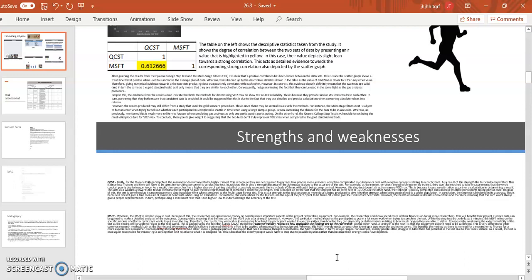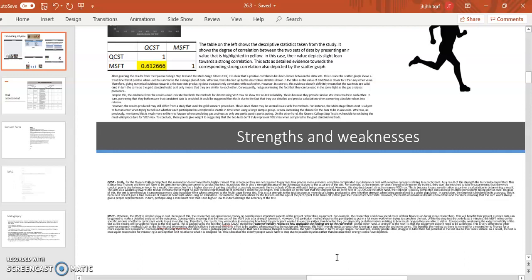However, this particular method requires the participant to put in a lot more work when trying to complete the test. Unlike the step test, which only lasts 5 minutes, the multi-stage fitness test relies on the specific amount of effort a participant wants to put in on the day. Therefore, the results may be vulnerable to measuring how hard the participant wanted to exercise, rather than how far they can physically push themselves, relating to how much oxygen they are able to utilize. Consequently, this weakens the external validity of the test, as the result will struggle to relate to the real world. This is backed up by the fact that